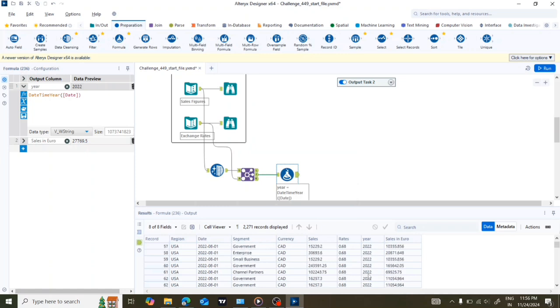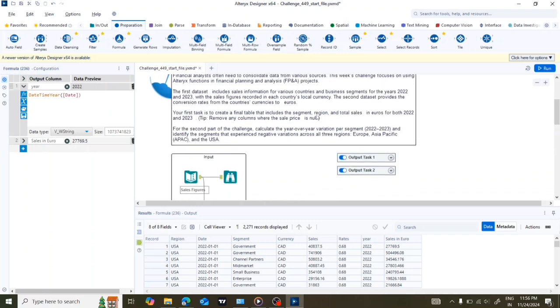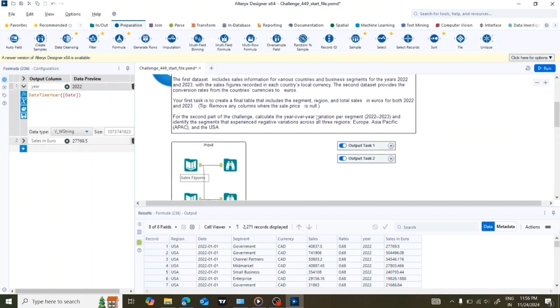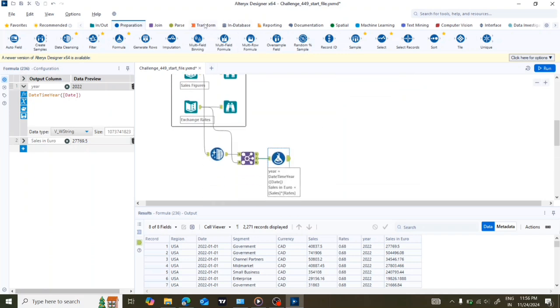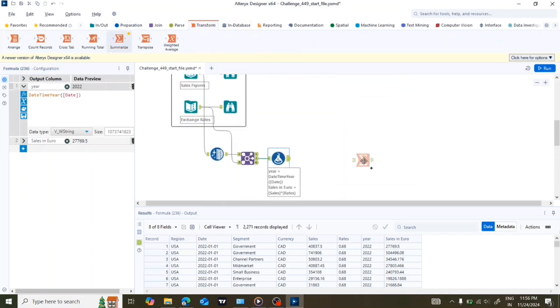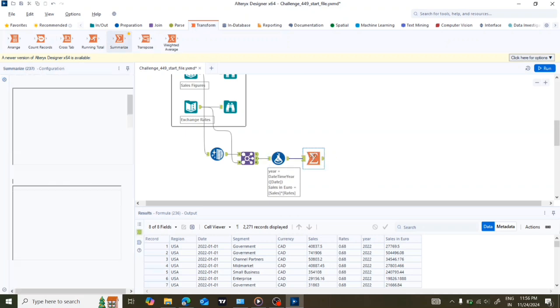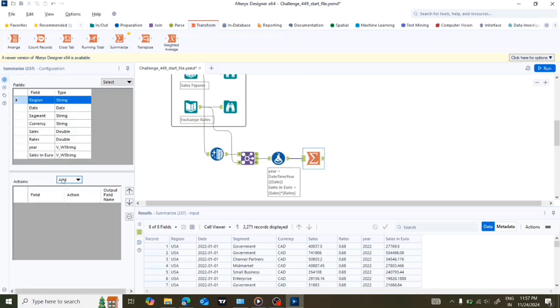We have year, and we have segment, we have this region. So now let's start working. What we can do to get total sales in euro, what we can do to achieve this is, we have to use the summarize tool, right? Let's take this out and summarize the data based on region, group by region,